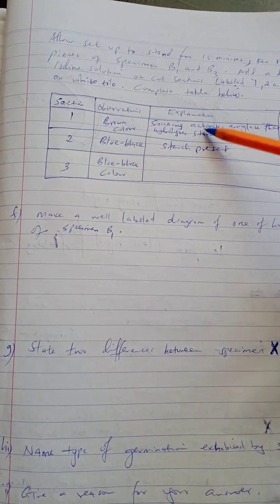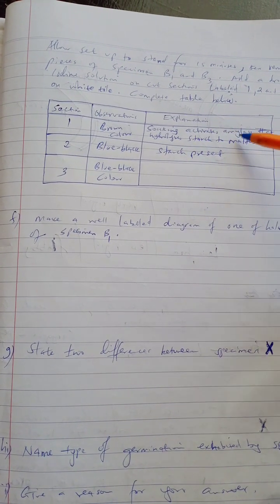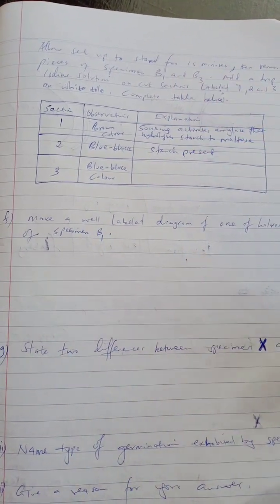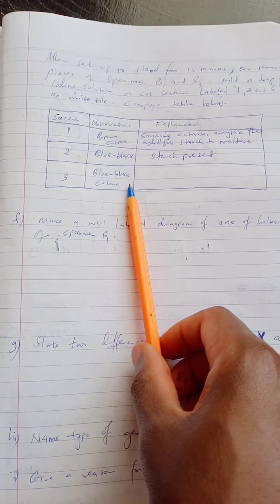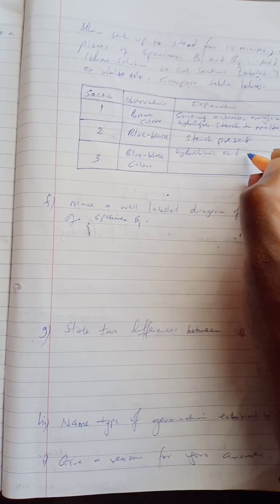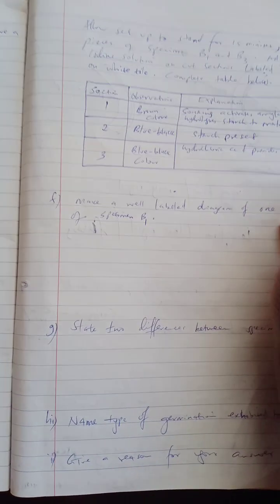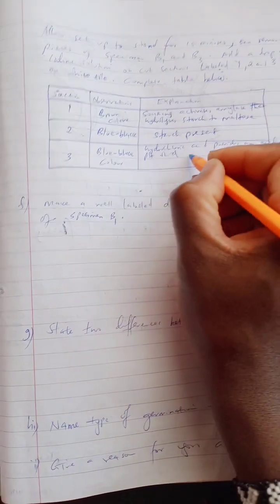It's because soaking activated what? Enzyme amylase, and enzyme amylase breaks down starch to maltose. So when you add iodine solution, brown color of iodine solution remains because starch now is absent. And then for the third one that was soaked in HCl, the reason why you are getting blue-black color is because hydrochloric acid provides